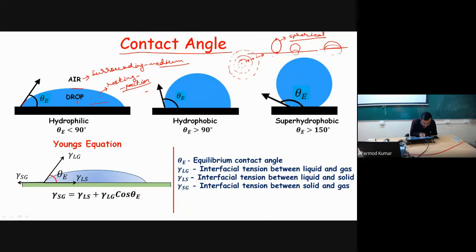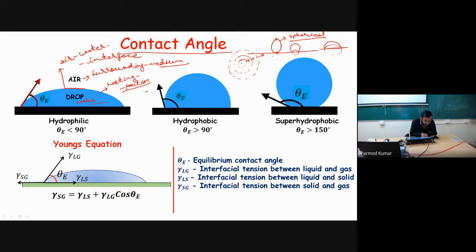Say this drop is of water and the surrounding is air. The boundary between air and water is called the air-water interface. Now if I take the tangent through this air-water interface at the contact point, so this is my tangent at the contact point. So the angle subtended by this tangent